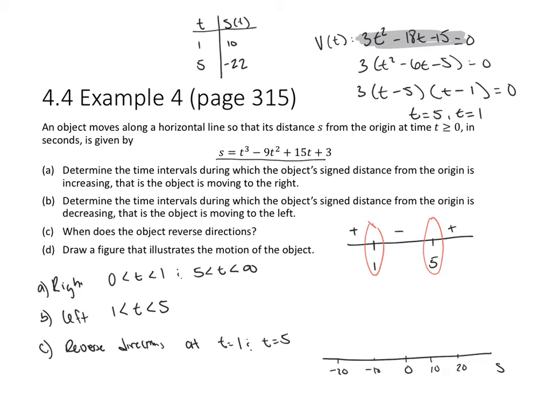So we start at 0 and we move to the right until we've gone for 1 second, which puts us at a position of 10. And then we go to the left until we've gone 5 seconds, and then we go to the right. So this is at the point t equals 1, and this is at the point t equals 5. I know that looks really different than any function drawing you've ever done before, but that's how we draw position functions. The next part of the problem, part E, asks us to find when is the object's velocity increasing and